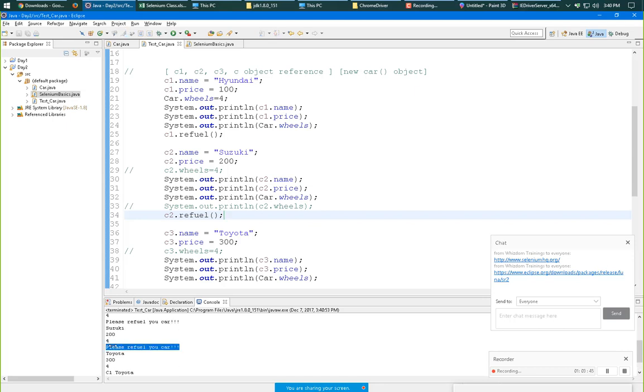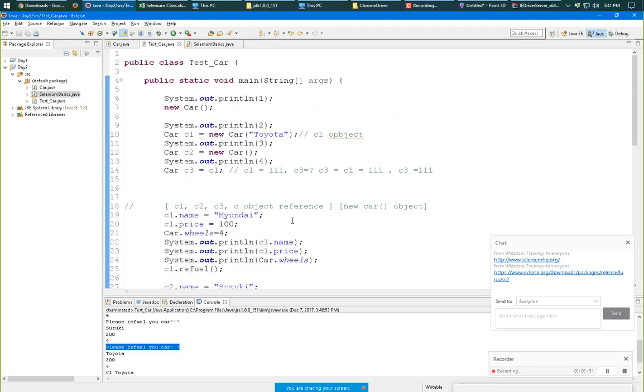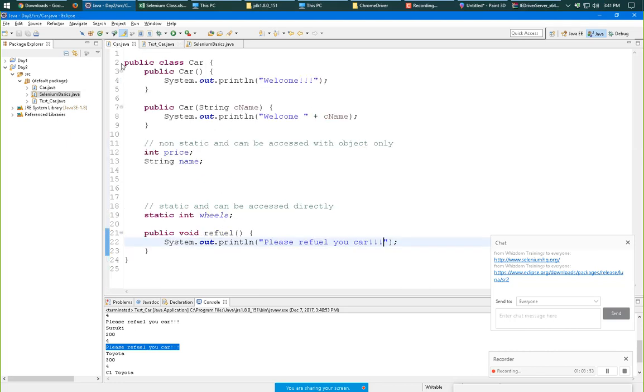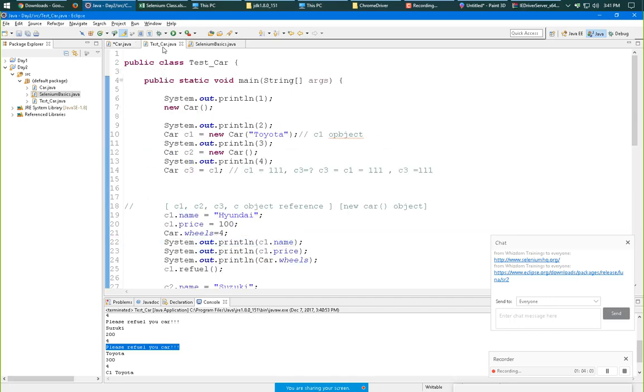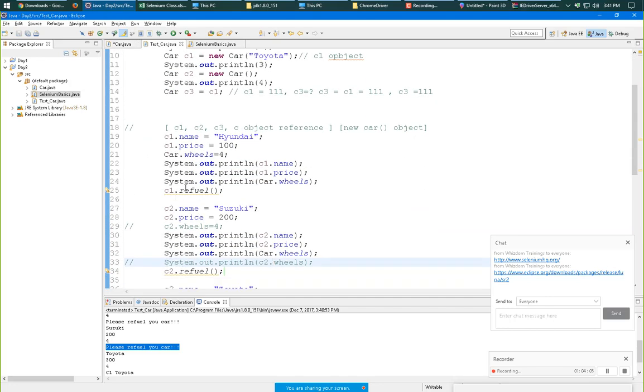We don't need that memory part, so why waste it? To avoid that, we declare it as static. Now when we declare it as static, it shows an error that it won't be able to access it through the object.